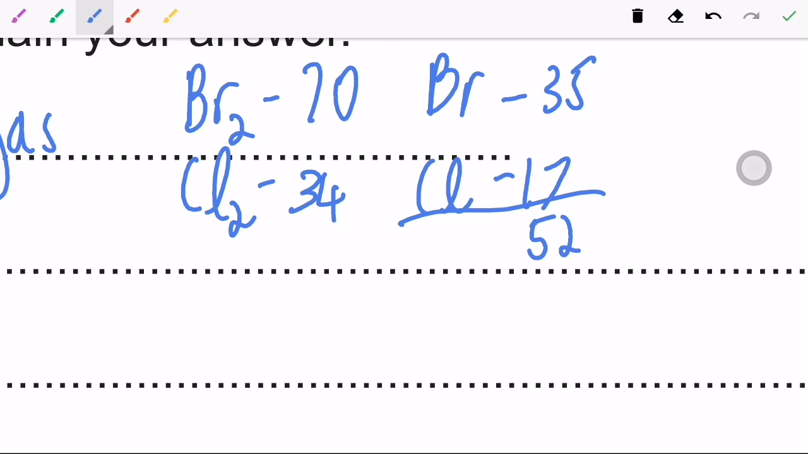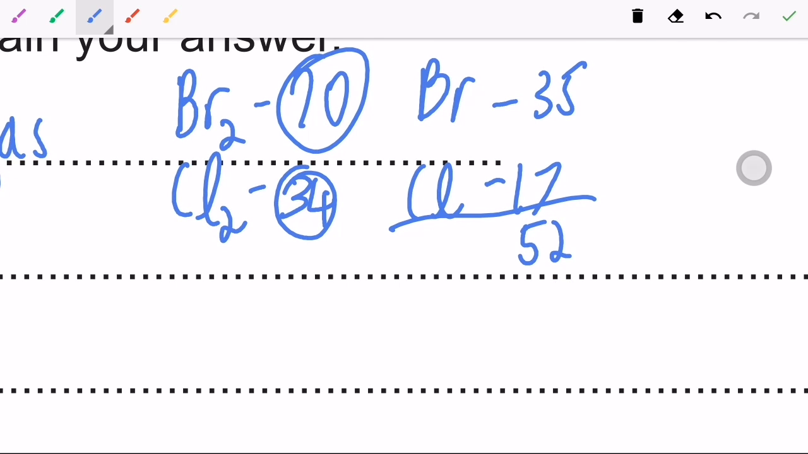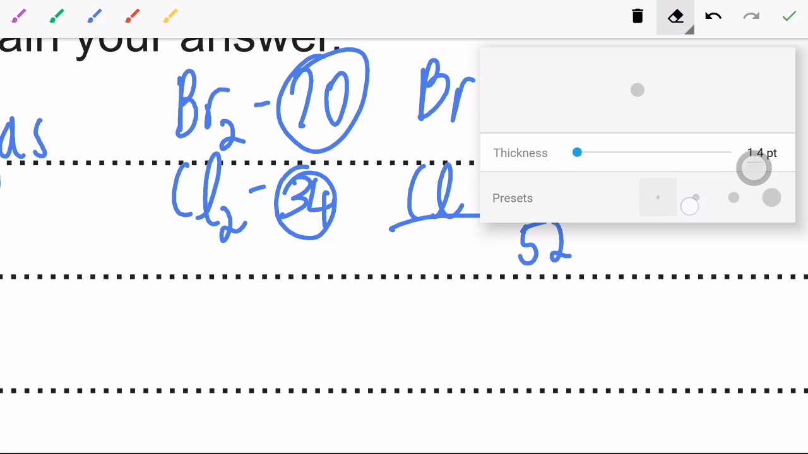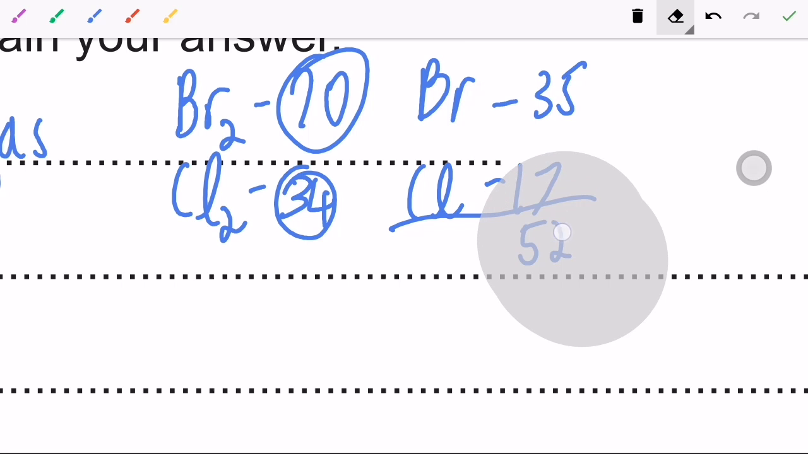So you see it's in between Cl2 and Br2, right? 52 is in between 34 and 70. So BrCl has to be in between Cl2 and Br2. Cl2 is obviously a gas, so it's safest to say that this is a gas as well, or you can say it's a low boiling liquid because